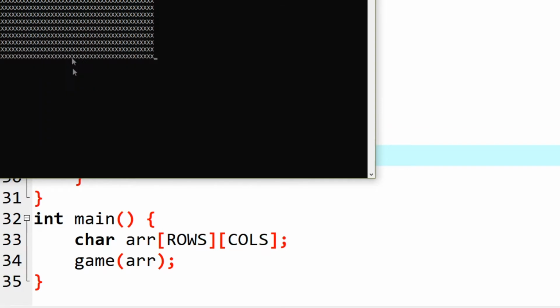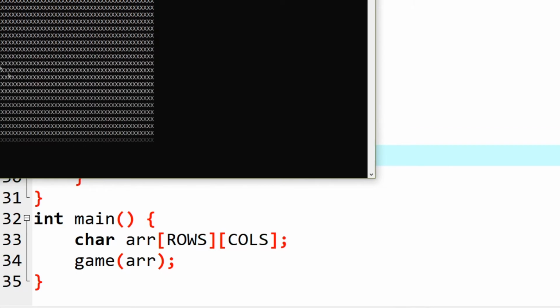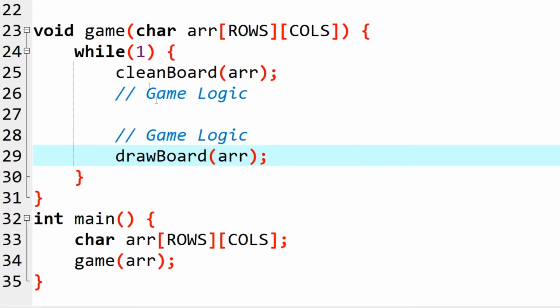This is still very glitchy. System CLS isn't very good at this. We will talk about optimizing this flicker effect later. Right now we will leave this as it is. There are ways to fix this flicker, but we will not talk about this right now. Okay, I will show that later.